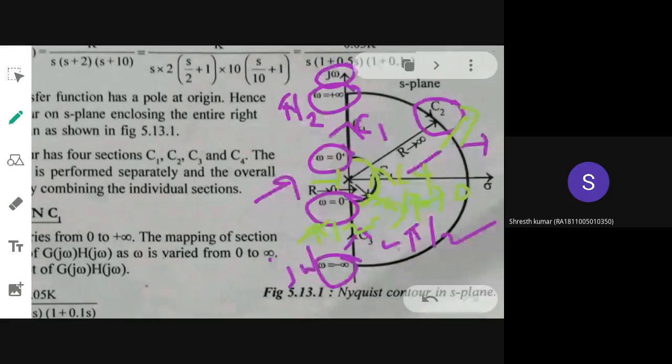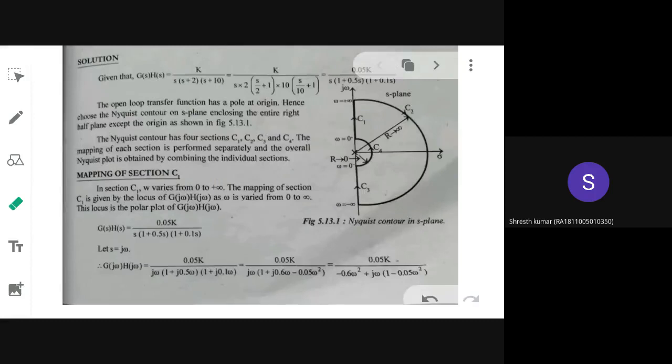So you are to consider C1, C2, C3 as separate individual segments, and you are going to obtain the map. For each and every segment you are going to obtain a map. That is what you are going to do as the next step. And as I have already told you, the first segment is this infinite line segment, which is along the imaginary axis, which is traveling from omega is equal to 0 to omega is equal to plus infinity, that you are going to map. For that, always the map will be your polar plot. So you need to draw the polar plot for the segment.